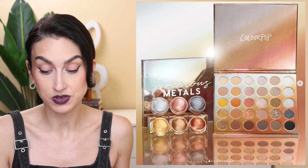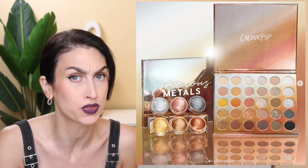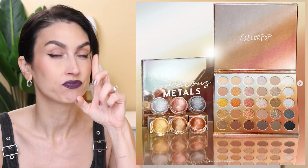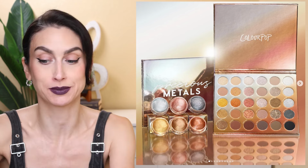And when I saw this, I was like, yes, I want it. Because it's neutrals, and I really like their mega palettes. I have quite a few of them, and I really enjoy the quality. The warm neutrals one that they came out with last year, Smokin' Hot, that came in my top 10 palettes of last year. Like, I freaking love that palette, so I was ready to purchase,